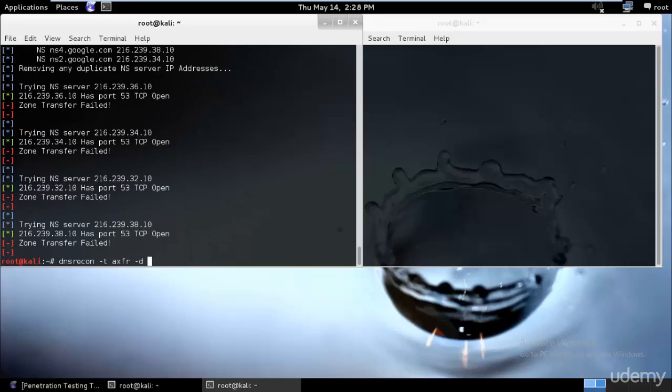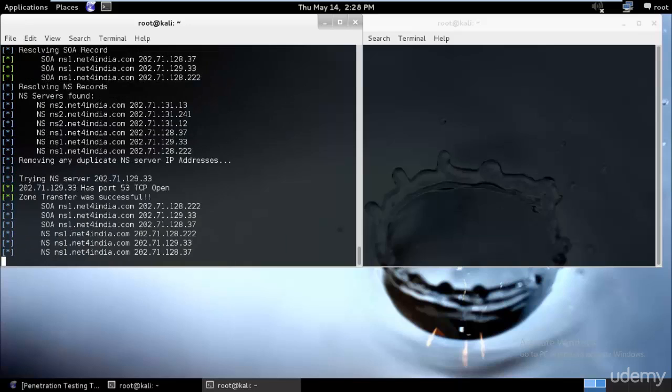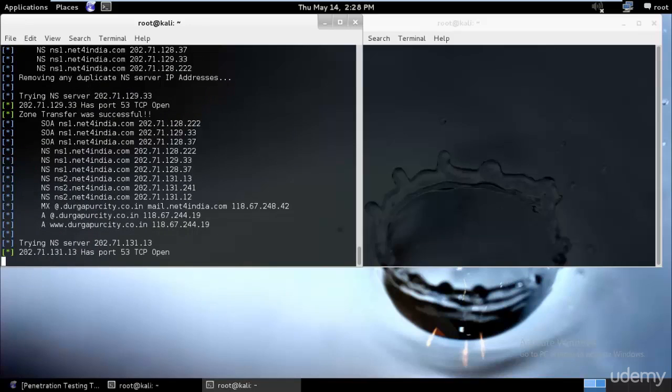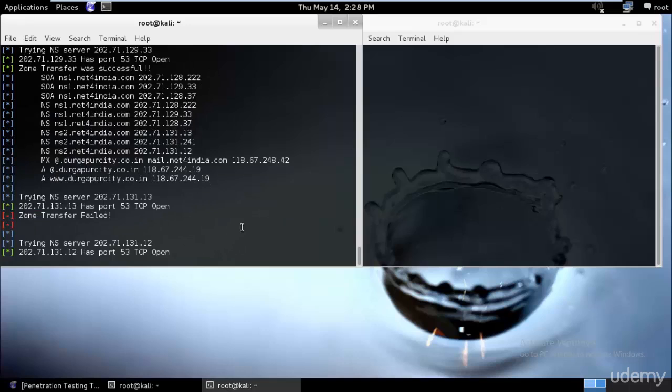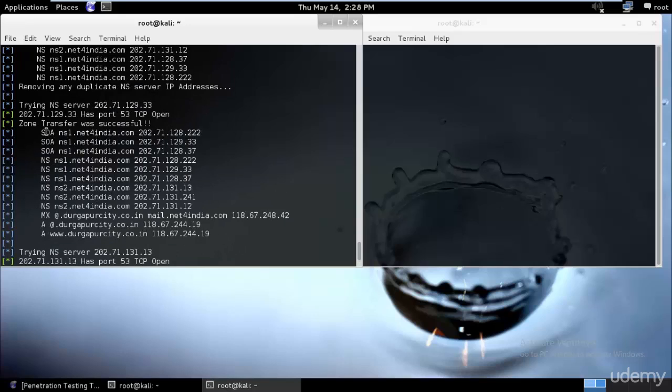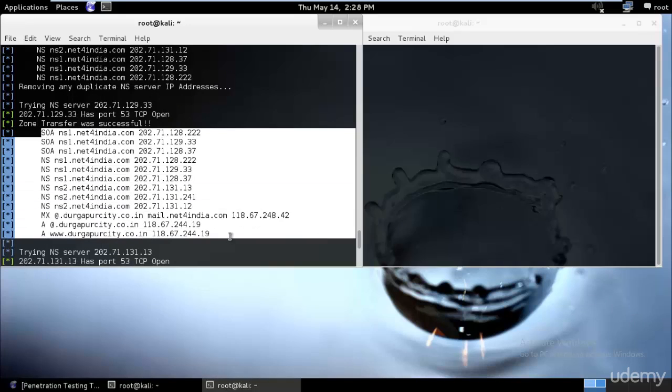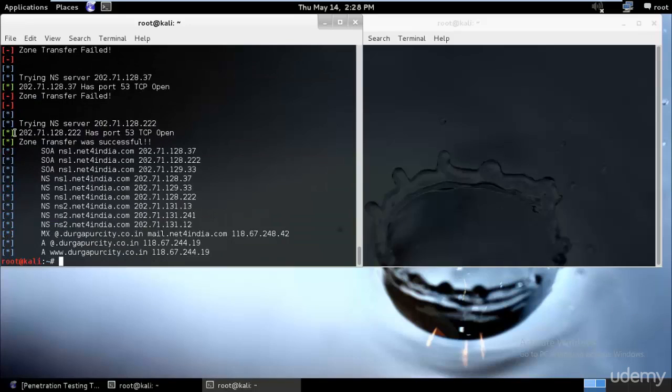Let's check for a random local Durgapur city.co.in, the one which I tried previously. Okay, so zone transfer was successful over here. As you can see, these were successful, SOA and NS records. Okay, perfect. So this is how we can go ahead and see the time to live records as well as